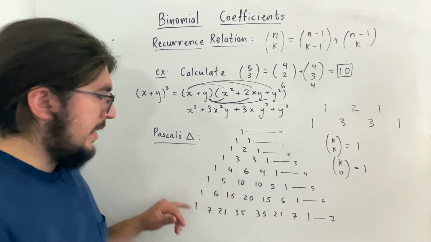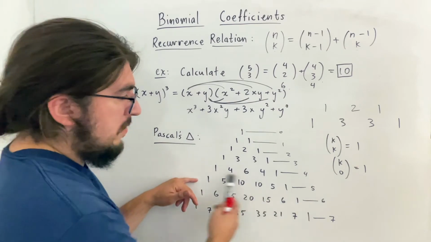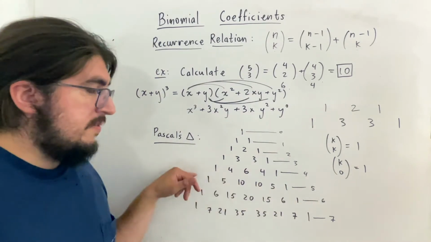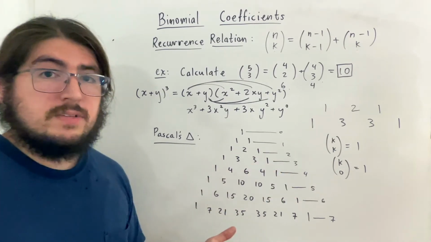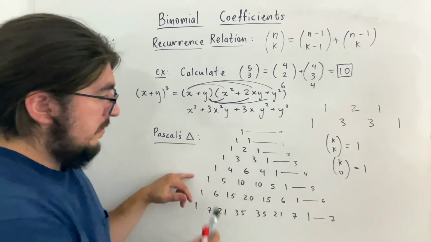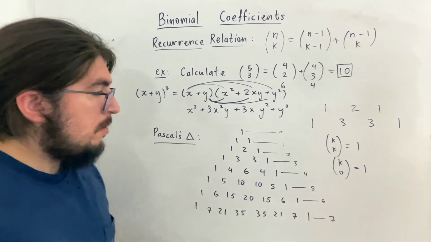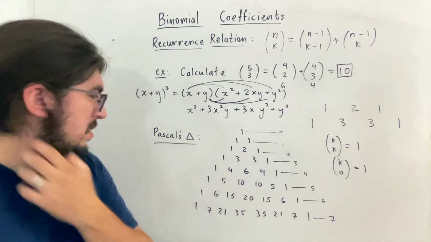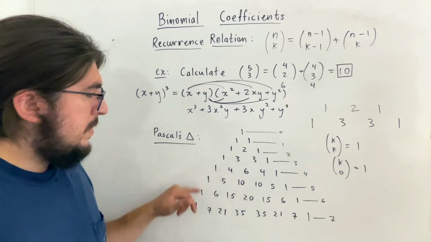Another short mention, I think, is that if you add all of the powers in, or all of the coefficients in a given layer, you get a power of 2. So if you add these, you would get 2 to the 5th. And that's not very hard to explain, I don't think, because these are the coefficients